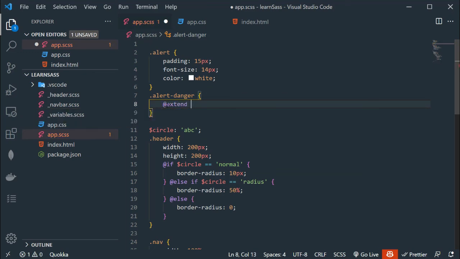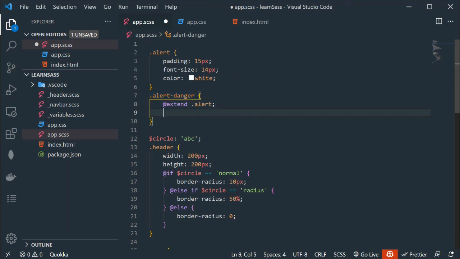After the extend keyword we have to add .alert. Basically I want to inherit this class, so we have to add .alert like so. Now inside alert-danger we can add additional properties.